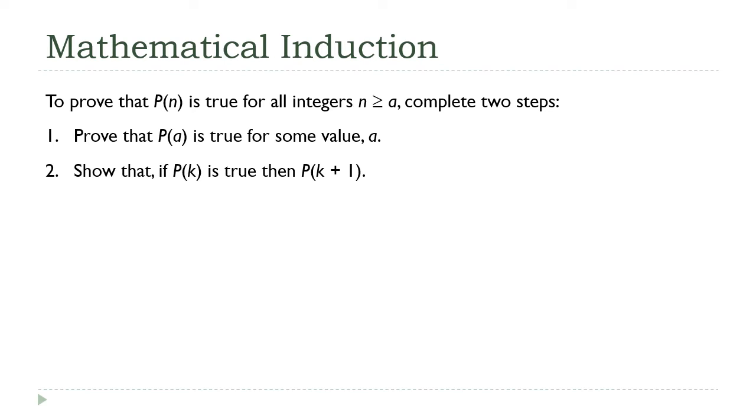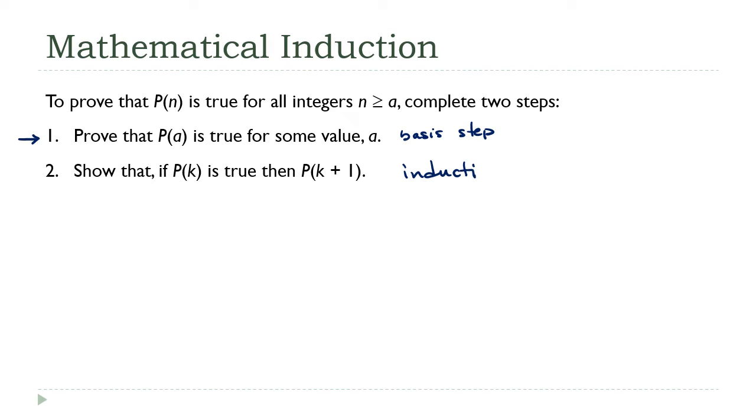To prove something this way, we have to do two things. First, we have to prove that the statement is true for a specific value. Usually this will be 0 or 1, but it could be any integer depending on the circumstance. This is called the basis step and corresponds to showing that we can make it to the first rung in my ladder example. Now the second step,